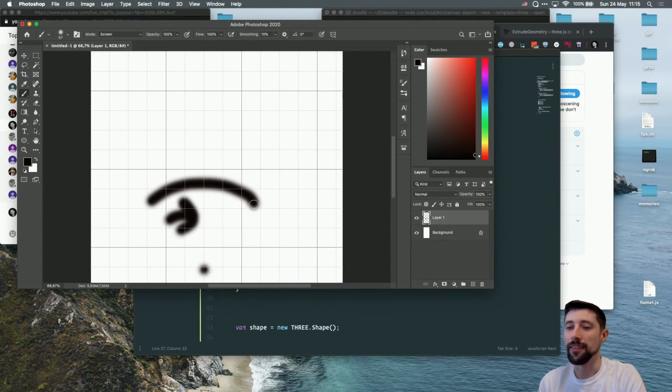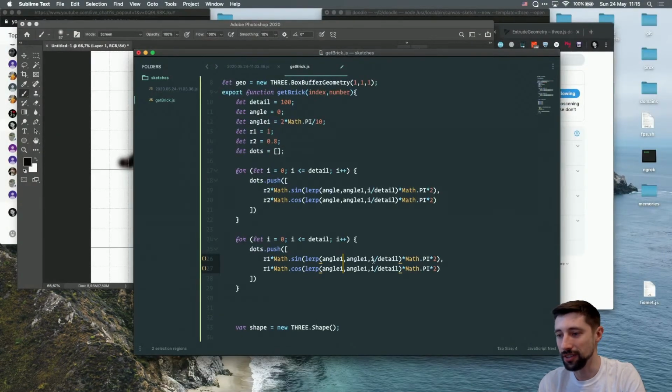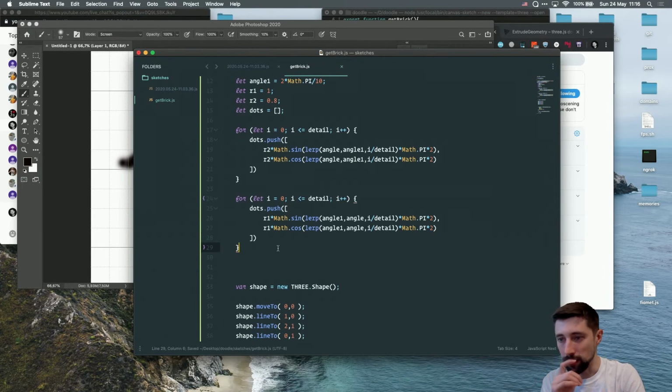shows the direction. And then I can do another circle, but if I go the same direction, I will start here. So it's gonna go here and then return here and then go here. So I need to start in the end and then go to the start, like from here. And to do this is actually quite simple. I would just exchange the angles here in the lerp function, and I would go the other way from the angles. Yeah, and this is how I create the basic foundation for my geometry,